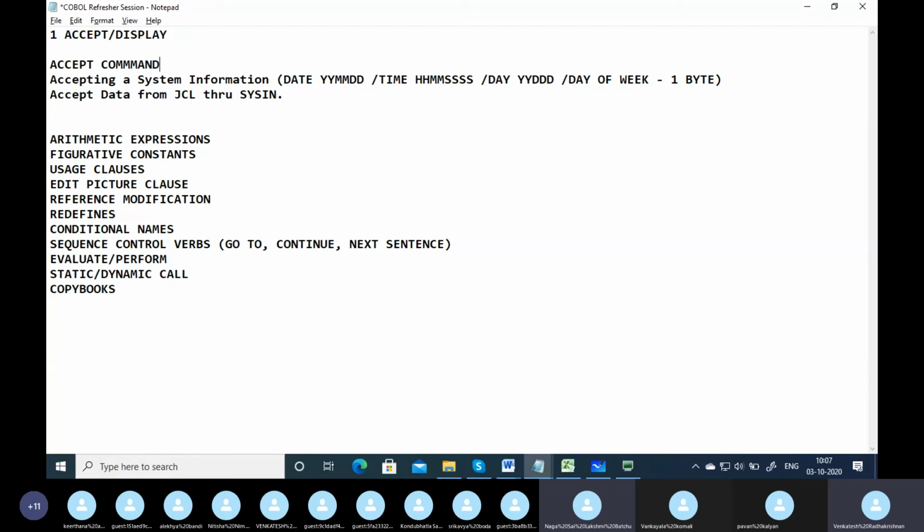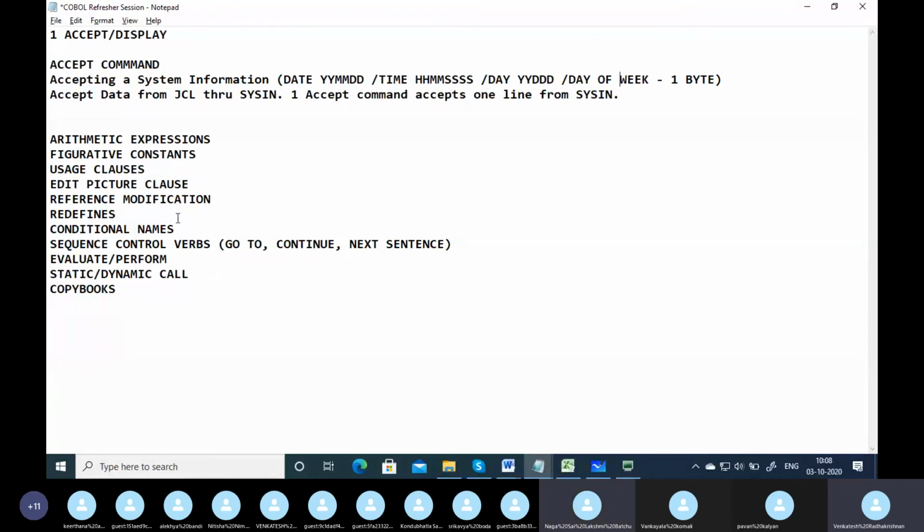One accept command is going to accept one data item from sysin. So if you are going to accept many lines from sysin, you have to perform accept in a loop, or give multiple accept commands. One accept command accepts one line from sysin. Remember this: if you are going to pass 3 lines, it's going to be 3 accept commands, or one accept command performed 3 times in a loop.